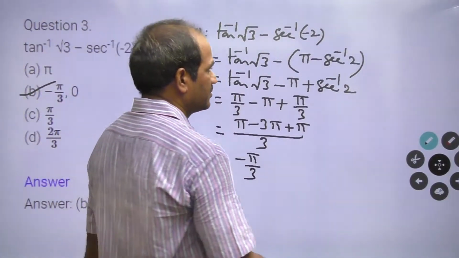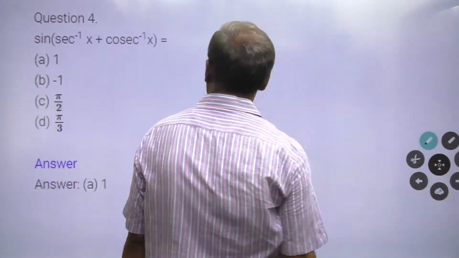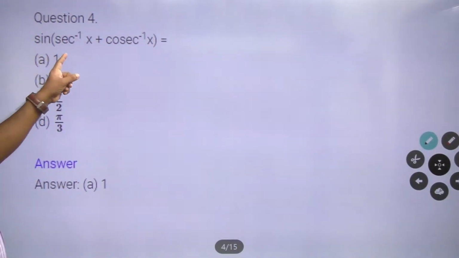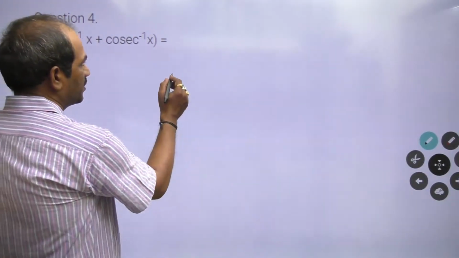Alright, next problem. In this next question: sine of secant inverse x plus cosecant inverse x is equal to...